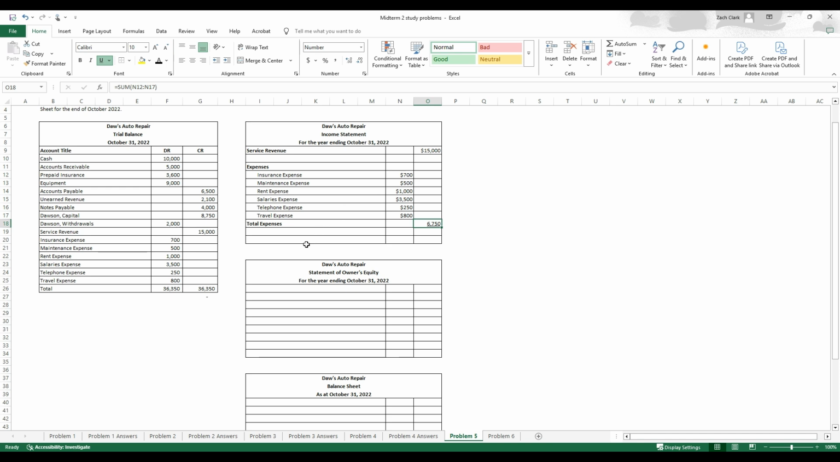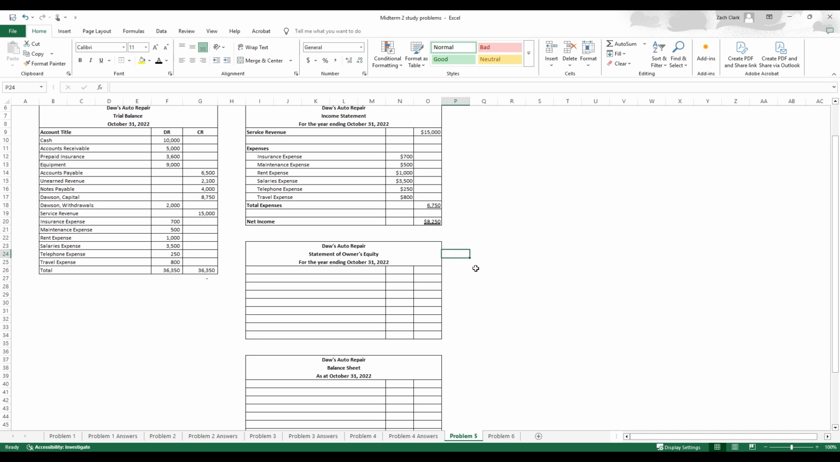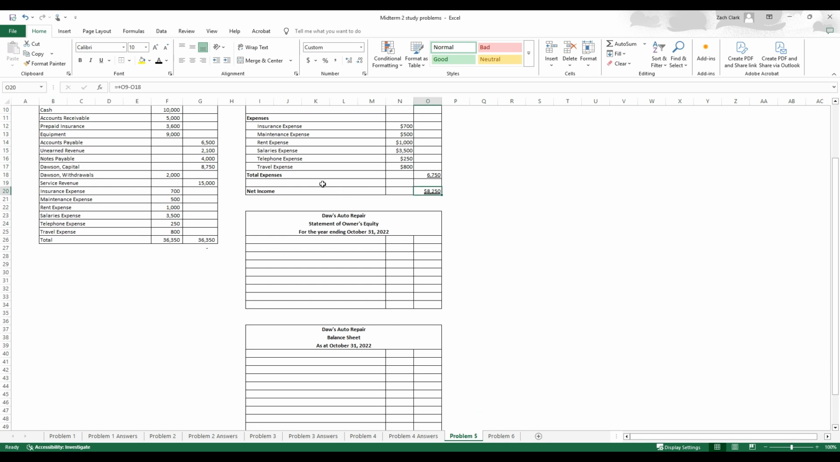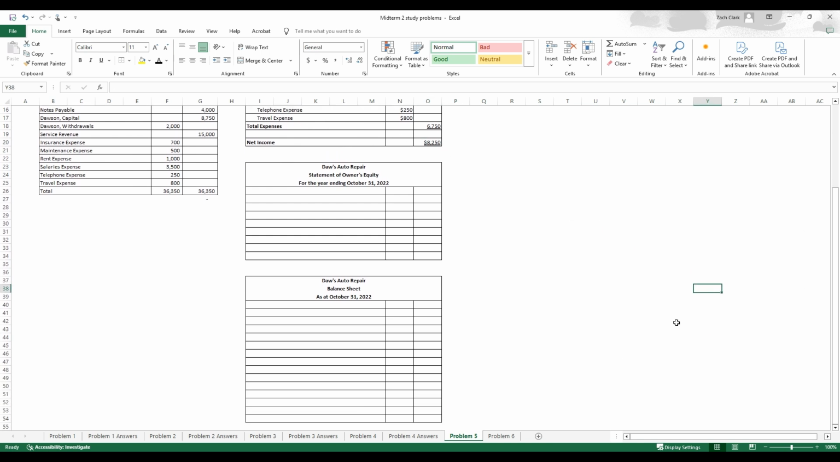And then with this information, we can calculate net income here. So we take our revenues minus our expenses, gives us 8,250 in our example for all of the totals. Okay, and that's the primary thing on the income statement, revenues minus expenses, and then we get net income. And then we're going to take that net income and put it onto our